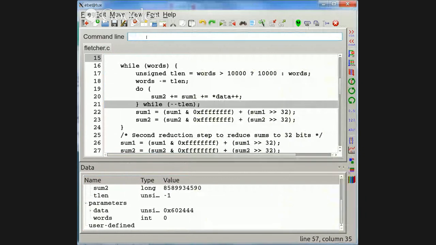How about we try a different file? memory.asm. So let's run it again.